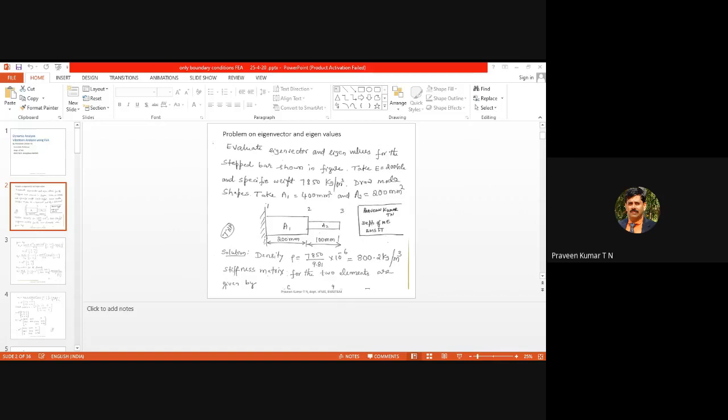So you are familiar with the vibration of the spring mass system. The mass is mounted at some part of the spring, so it moves up and down. That is a longitudinal movement. But there are two elements there. One is the spring element and one more is the mass element. That comes from the discrete system.